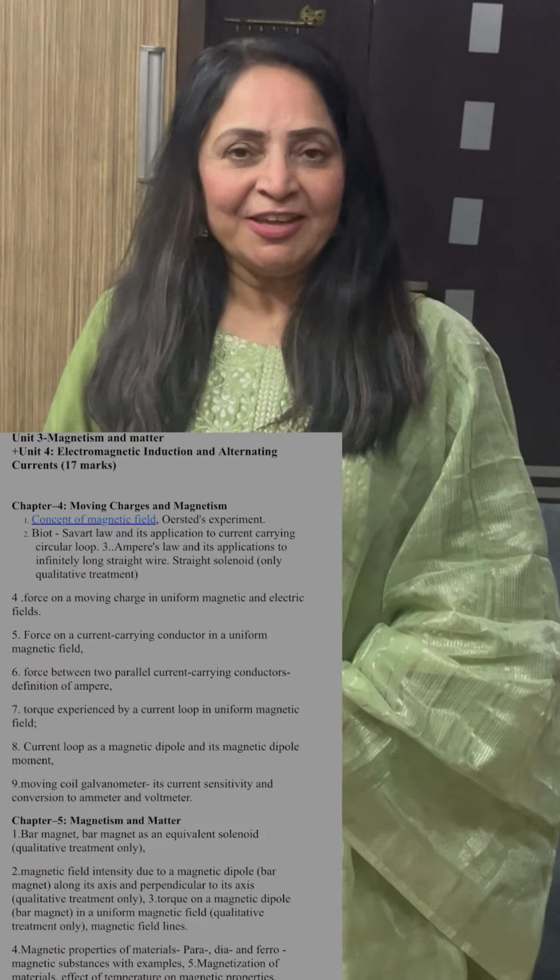Magnetism and magnetic effects of current. Important topics are force experienced by a charge moving inside the electric field, force experienced by a charged particle moving inside the magnetic field, and then force experienced by a current carrying conductor placed in a magnetic field, force experienced by two parallel current carrying conductors, sensitivity of moving coil galvanometer, conversion of galvanometer to ammeter and voltmeter, properties of dia, para and ferromagnetism, magnetic waves and optics.